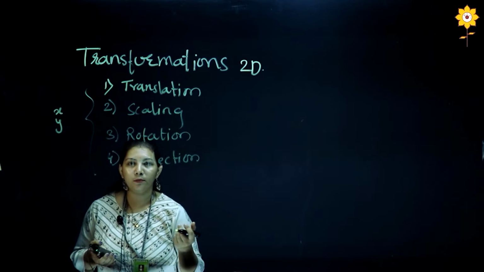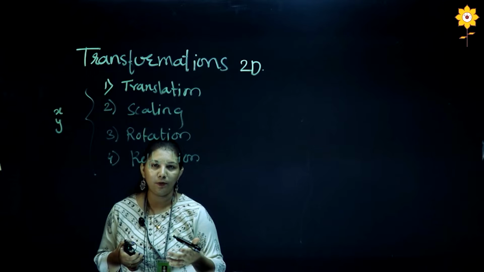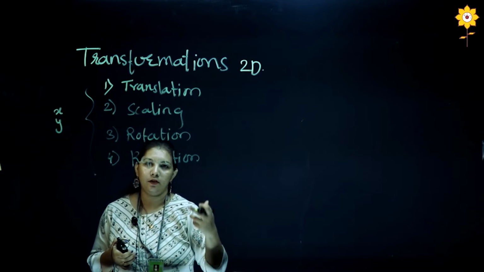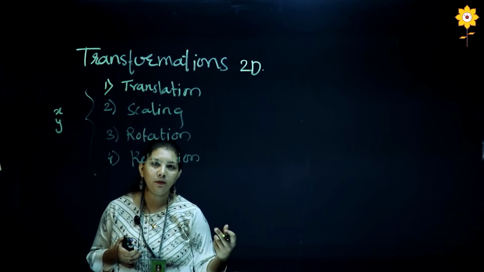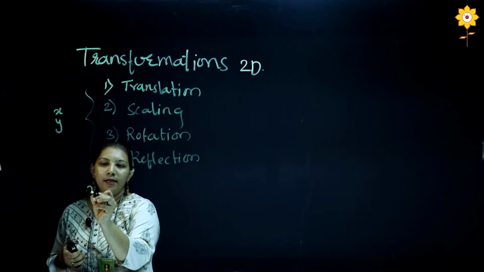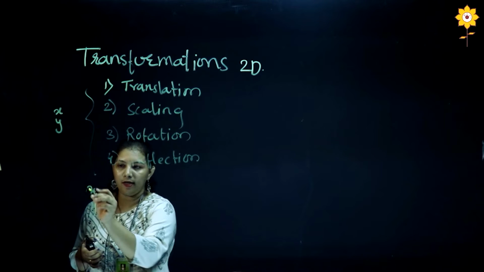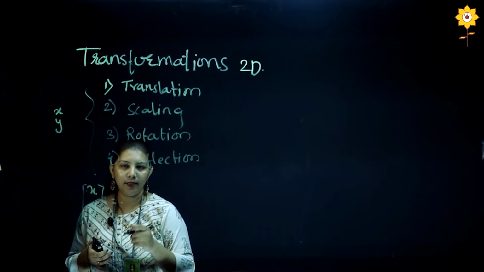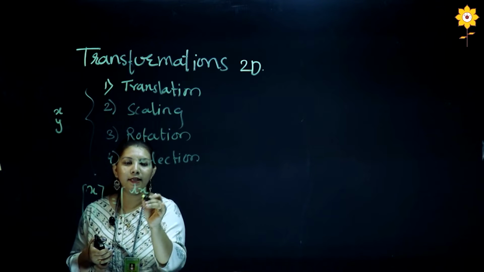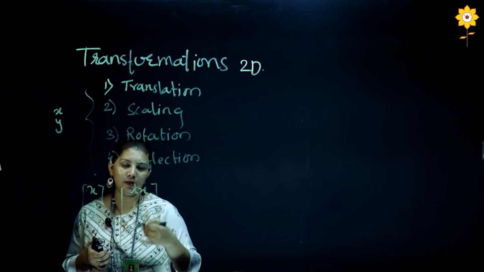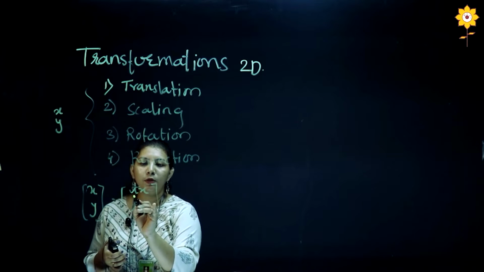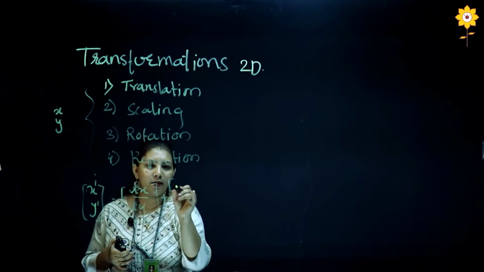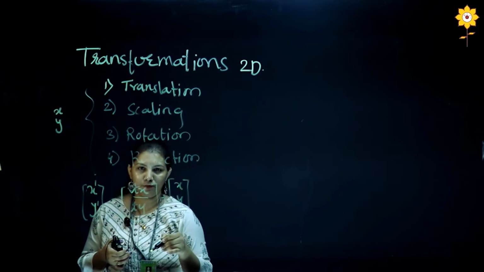The translation is nothing but what? Wherein we can change or manipulate the particular object. In the translation we can move or locate the particular object from one place to another place. Here the translation has, suppose, x and y, these are the two points which we want to map on the x and y coordinate system. For translating the object, we do require two important things, that is translation factors, which will be denoted as Tx and Ty.